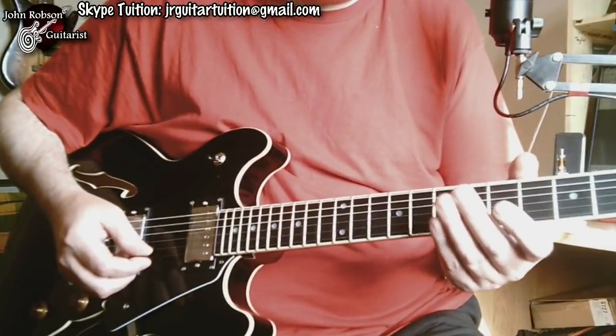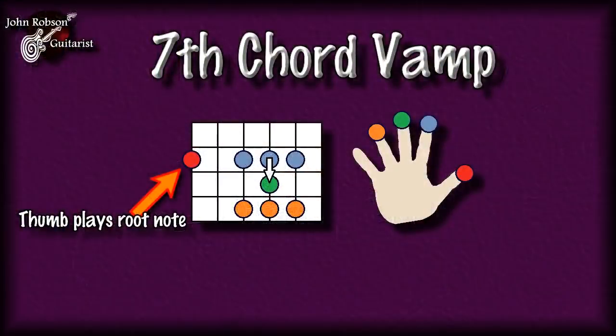Basically what we're going to do is play, as you can see in this diagram, the root note on the 6th string with the thumb. Then we play this major triad 2 frets above that with the 3rd finger. Then we go to the triad 2 frets below that at the same fret as the root note and play that, and immediately hammer on to the major 3rd of the chord on the 3rd string with the 2nd finger, like this. So you string that all together and you get,